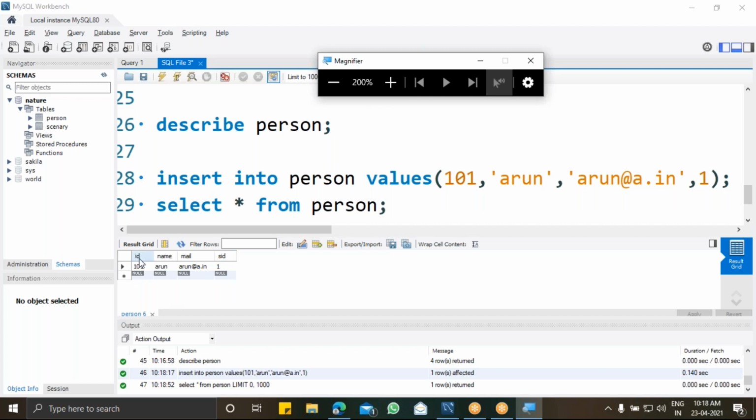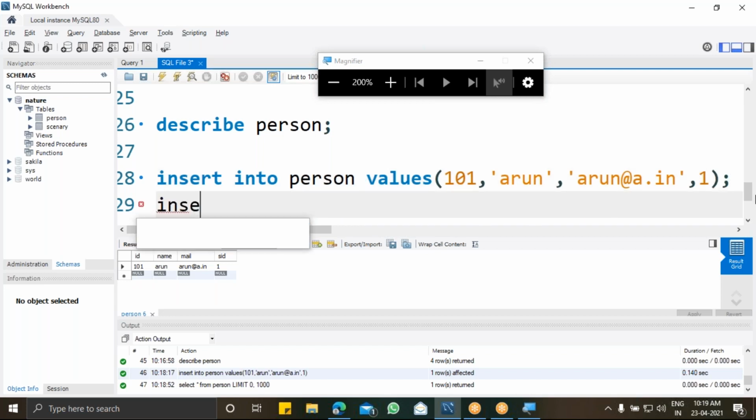Hope you can see this. The first ID is started as 101 because this is the first one I'm going to initialize. Whenever I'm giving it as auto increment, if the first value is not initialized, I can give the first value myself. And after inserting my first value, I don't want to give this ID number.